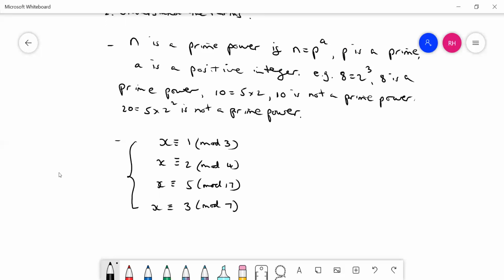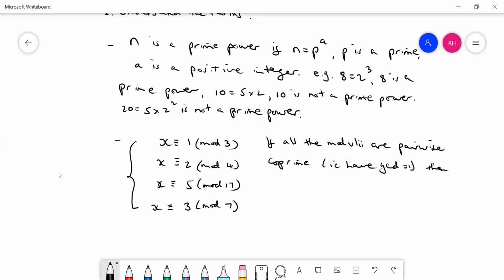I've chosen to do 4, but it doesn't matter. As long as all the moduli are pairwise coprime, i.e. have GCD equal to 1, then we can use the Chinese remainder theorem,